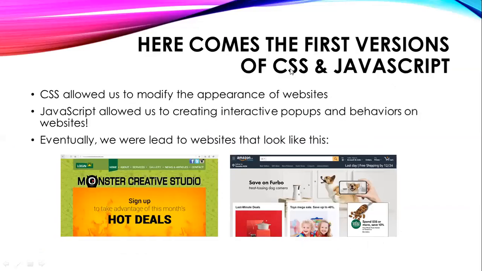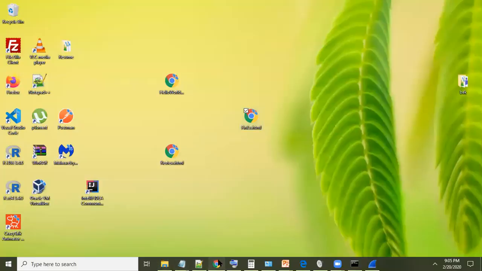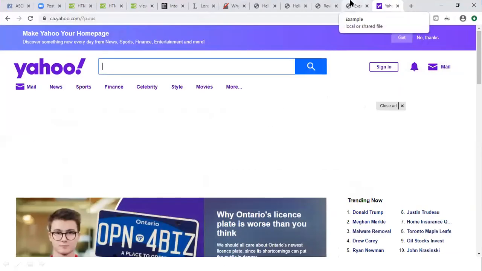And then came CSS and JavaScript. CSS allowed us to modify the appearance of websites. So if you look at the website we just created, it's pretty rough. This isn't really something you would want to make and display to people. You could still do a lot with it, like display the basic information of a company, so it still does have a purpose.